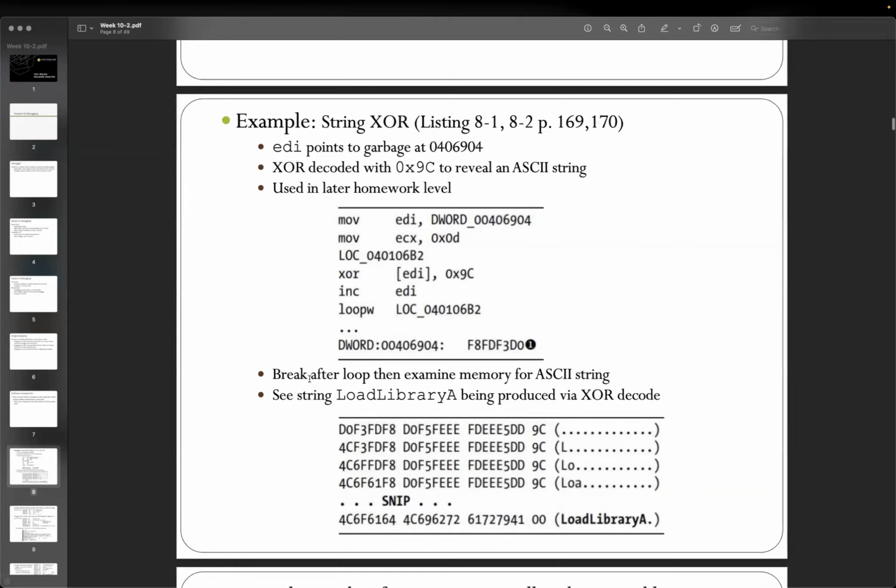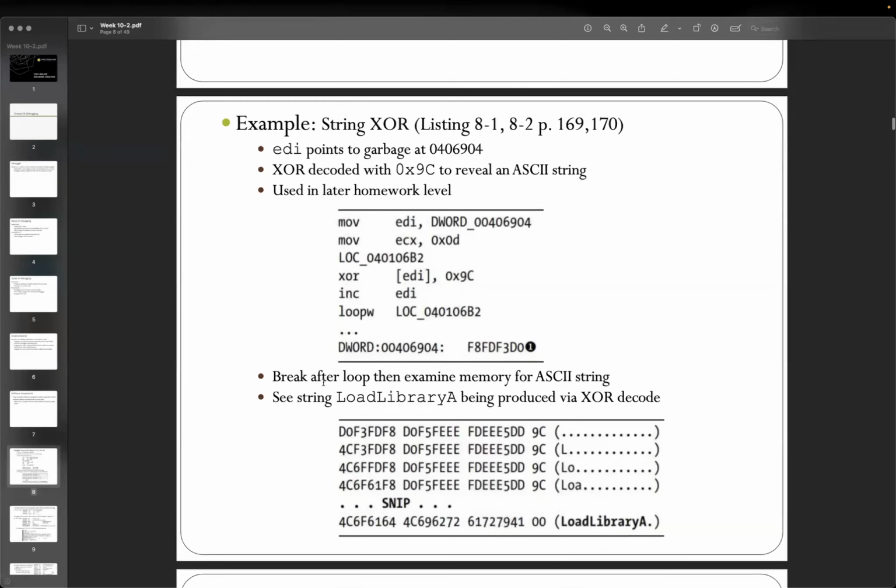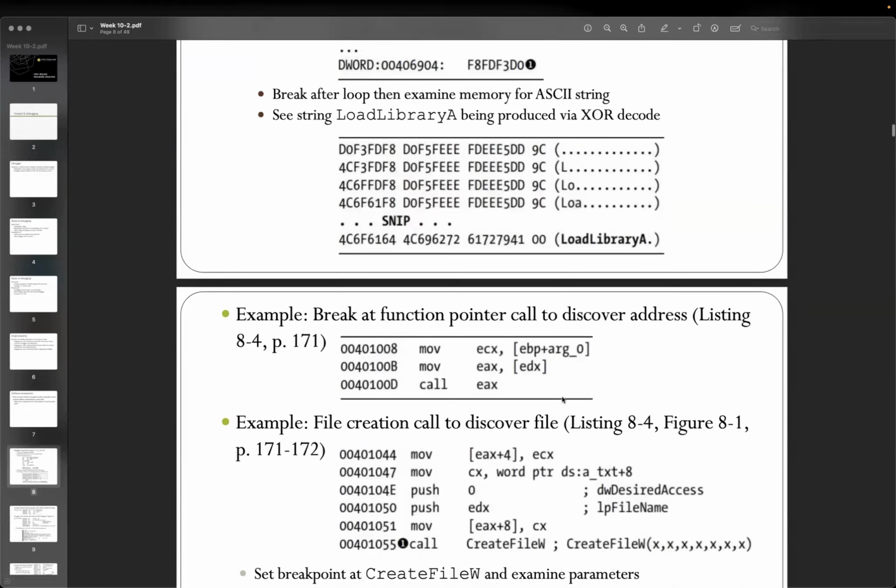And then maybe we try to break right here, after the loop, so that we can examine the memory for the ASCII string. Maybe we can set it right here, or if we have the LoadLibraryA, maybe it is being produced with this XOR decode. If they need to do this, then it is better to set the breakpoint